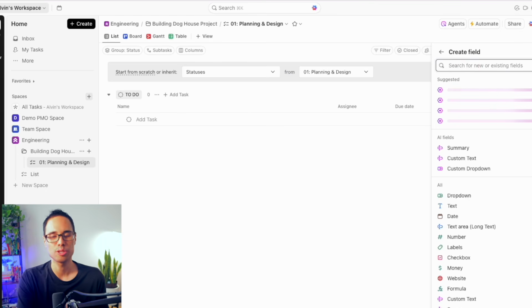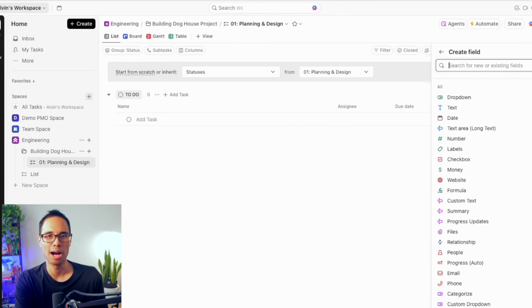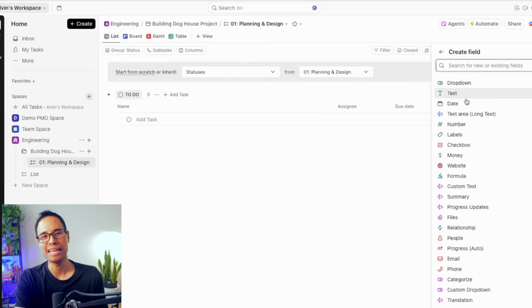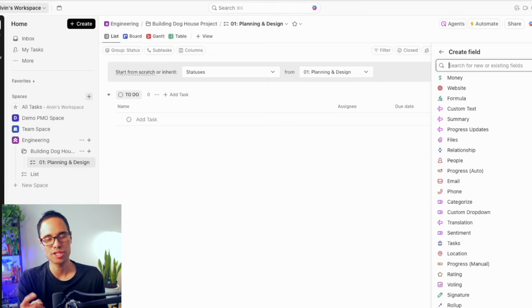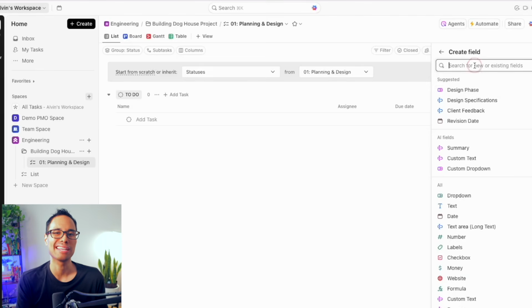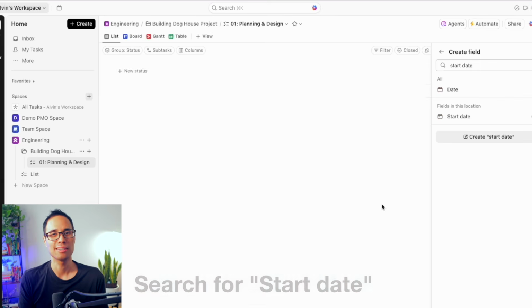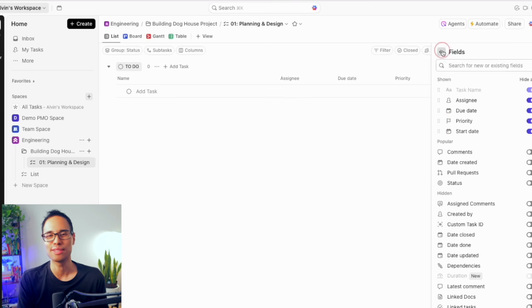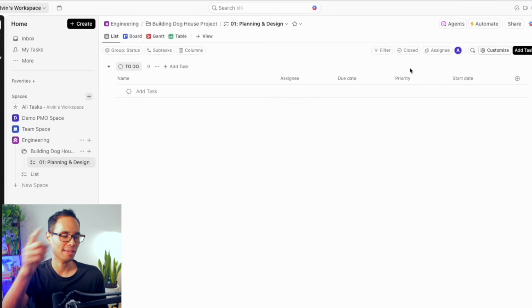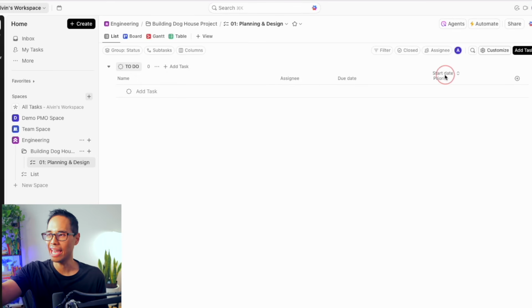This is where you can choose from a large number of different options like text, date, number, formula, and so on. I encourage you to dive deeper and play around with this. For our example, let's search in this field for start date, and we'll turn it on by left-clicking the bar at the bottom. Let's go back and move our start date column so it's between the assignee and the due